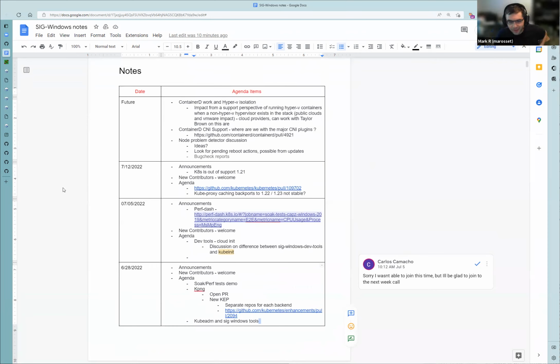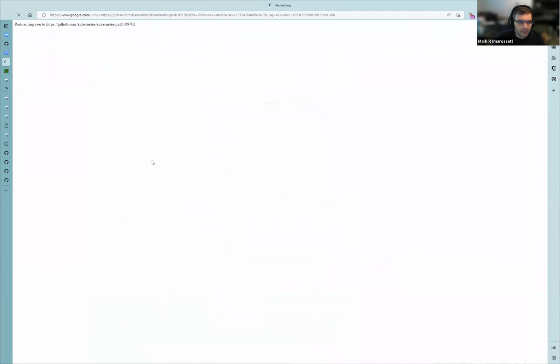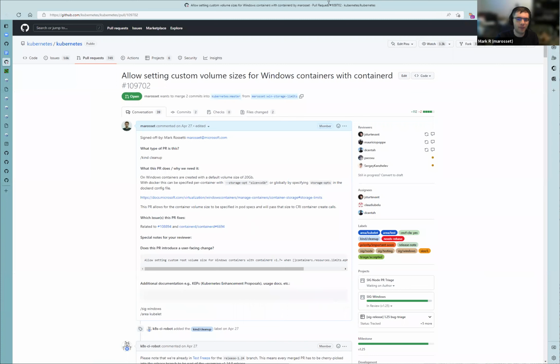Okay, next, or I guess first or second item on the agenda, is something that I had worked a little bit with Danny on, and I wanted some feedback from the community on this too. So some background is that normally when you create a Windows Server container, the volume that's created for that container is hard coded.